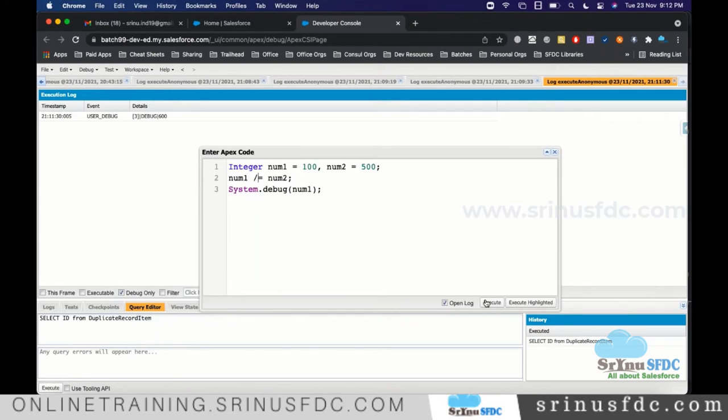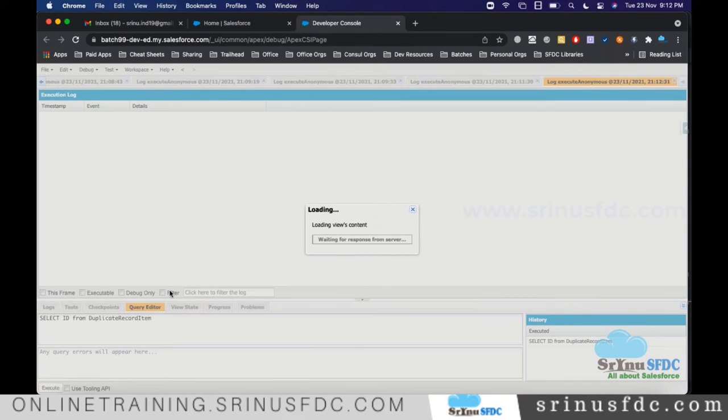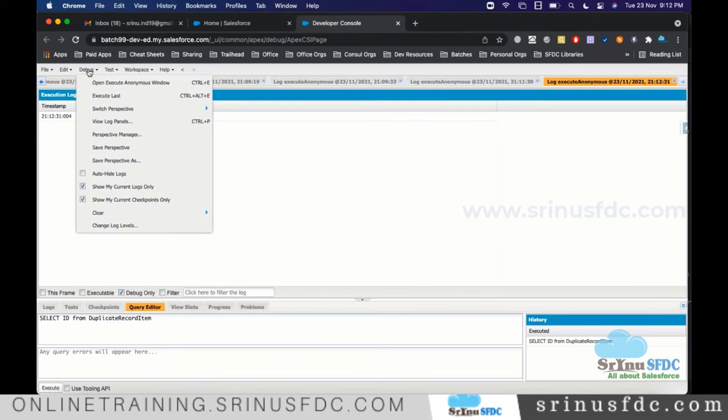Now you will see the number 1 value as 0. Click on debug only, and you are seeing 0, right?